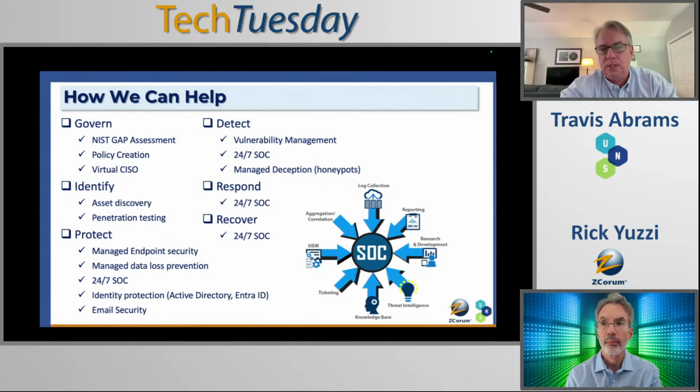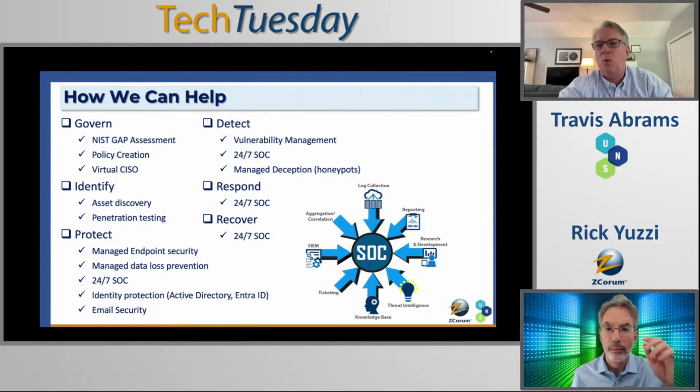So with the govern category, one of the first things we really recommend is a gap assessment, because again, how do you know what to implement until you really know where your gaps are? If you know, yes, I have a specific need for a technology, then that's fine. But I really wouldn't recommend going out and just randomly purchasing products until you have a gap assessment, right? You need to understand where you're at. We can help with that.